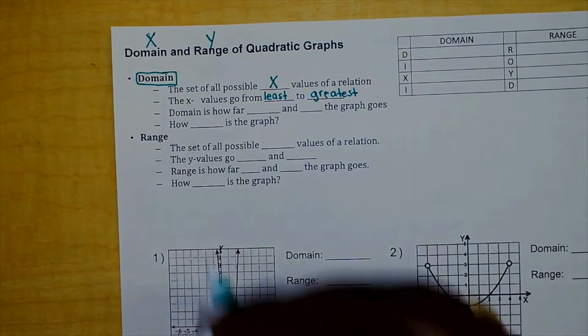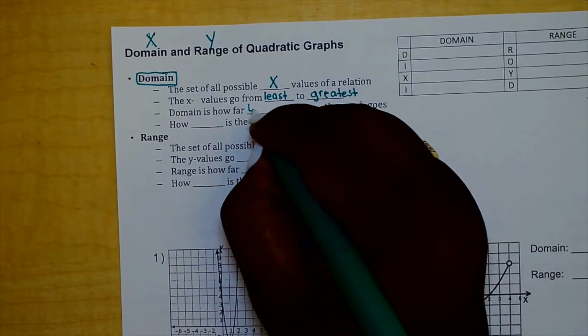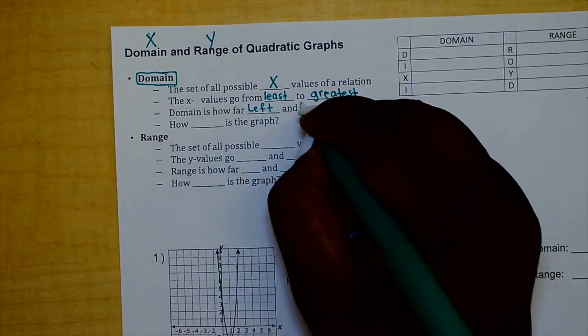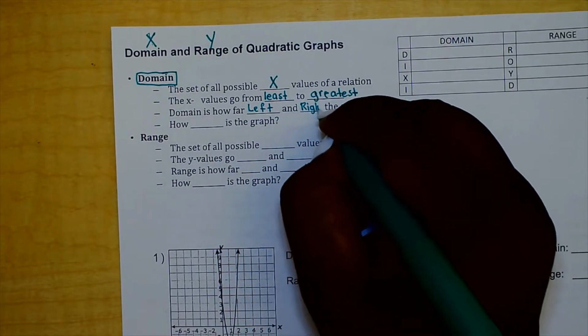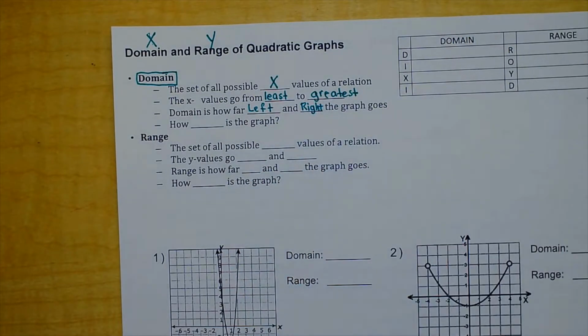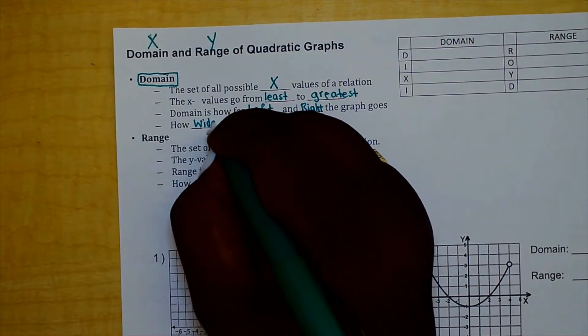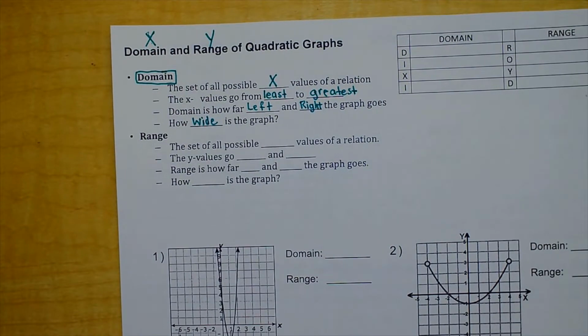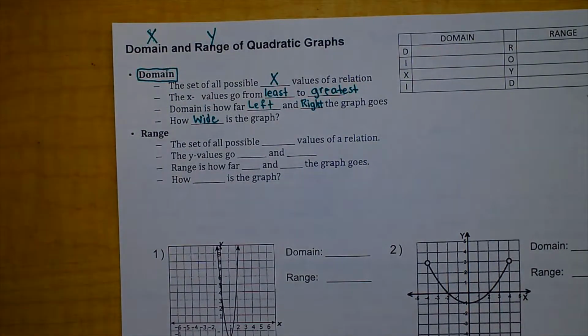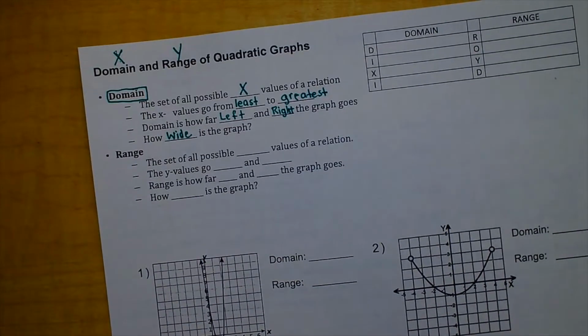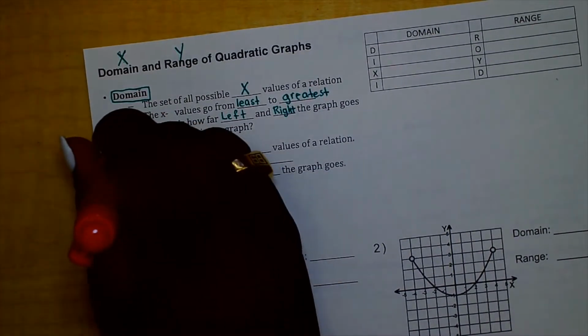Domain is how far left and right the graph goes. How wide is the graph? For range, we're talking about the set of all possible Y values